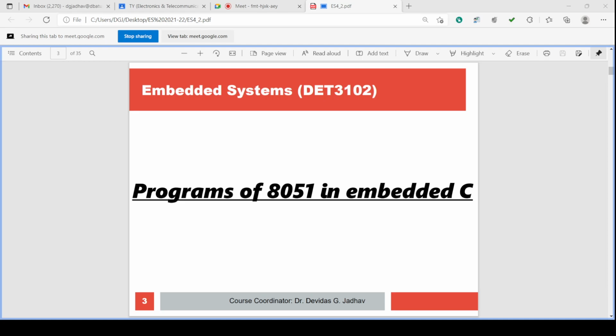Now in the Keil software we can write the program and simulate it. We can execute the program and check the port outputs with the facility available in that software package.